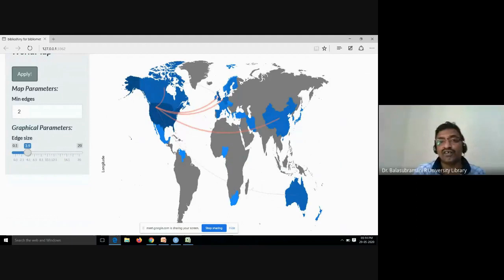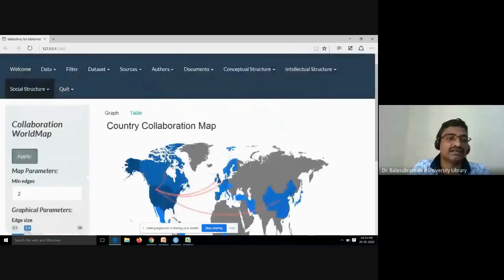But if you go for nanotechnology or other areas, all the countries have collaborated with India, but in this scientific subject no one collaborated. But the USA, Russia and China have already collaborated more. Like that, you can see the result. So this is the way you can apply mapping for the bibliometric analysis, and you can take it for some analysis. But you should not depend only on this software. You can use HistCite software also for analysis purposes.